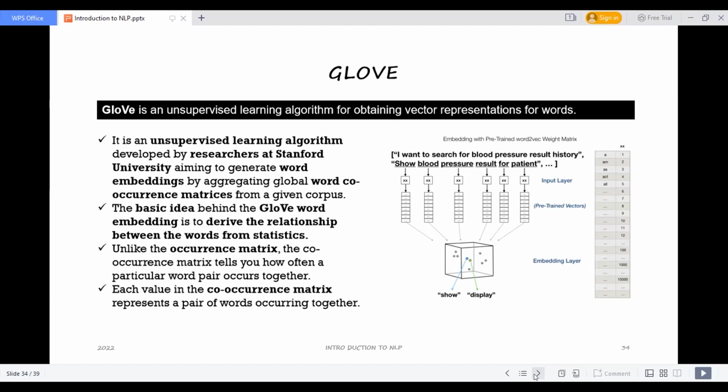So the basic idea behind GloVe word embedding is to derive the relationship between all the words we have in our corpus, and to calculate their occurrence. Even the occurrence matrix is calculated by word2vec also, but GloVe is useful to derive the relationships.